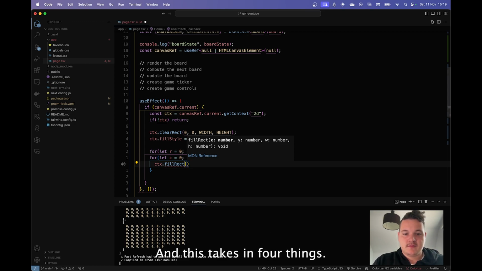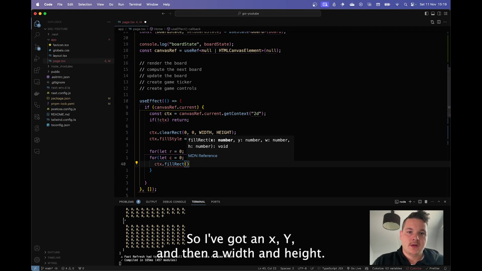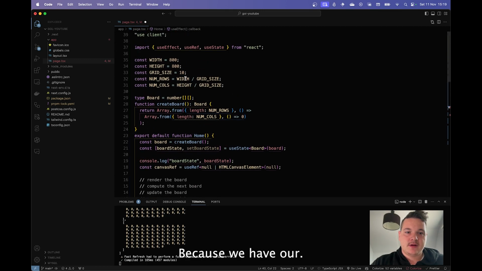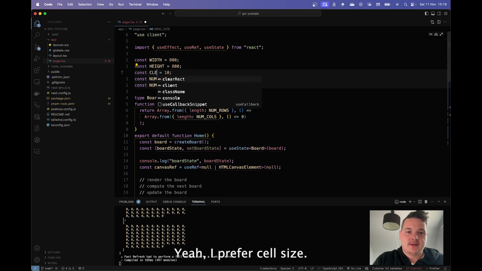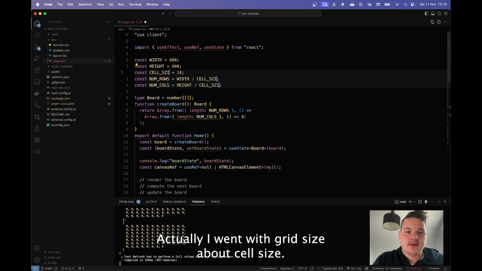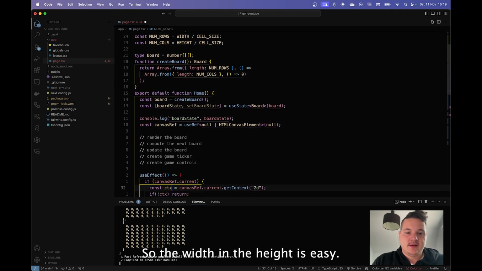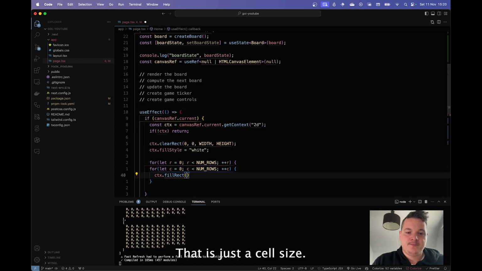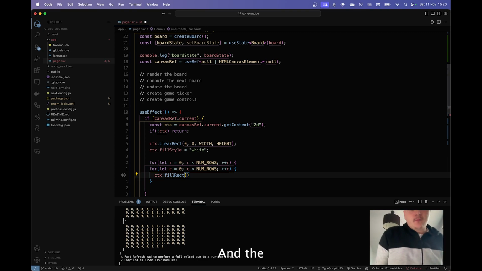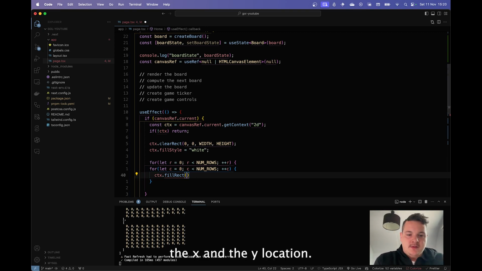And this takes in 4 things. So we've got an x, y, and then a width and a height. So the width and the height, I think, is easy, right? Because we have our, yeah, and I prefer cell size actually. I went with grid size, but cell size. So the width and the height is easy. That is just the cell size. And the x and the y location, we want to be calculating,